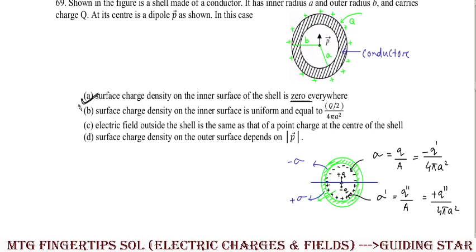one will be positive and another one will be negative, that means this particular will be wrong। Electric field outside the cell is same as that of point charge at the center of the cell। Electric field outside of the cell, so here in this particular case if we check the net charge here in this particular figure, net charge q net will be 0 because both positive and negative charges of equal magnitude are present over there। Clear, equal magnitude and opposite in sign। Clear। So here net charge will be plus q plus minus q, so both will cancel, so it will become 0।